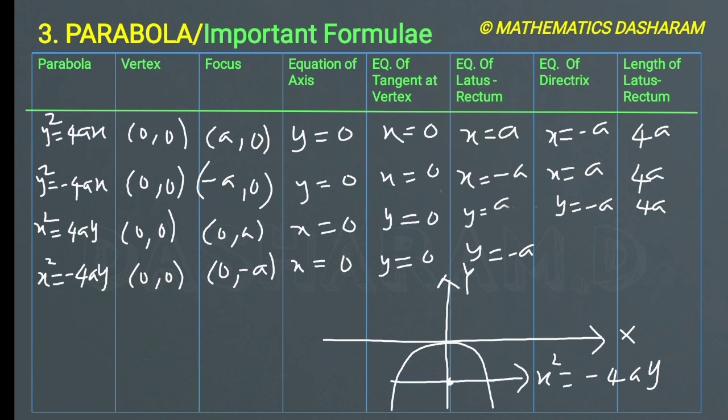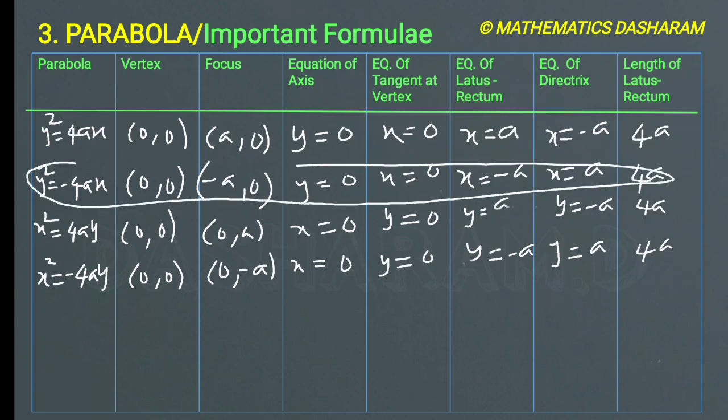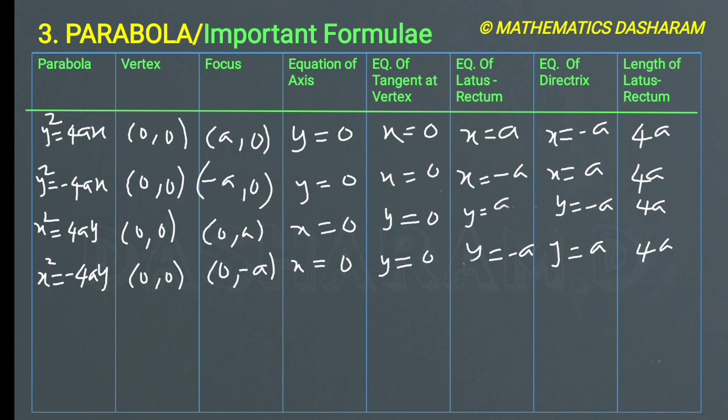So this is a latus rectum. Next, equation of a directrix, so that means fixed line. This is called a fixed line. So it is y equals to a and the length of a latus rectum is 4a. So just interchange the x and y in the second case, then you will get the fourth case values. So these four are parabolas and their vertex is origin 0 comma 0.